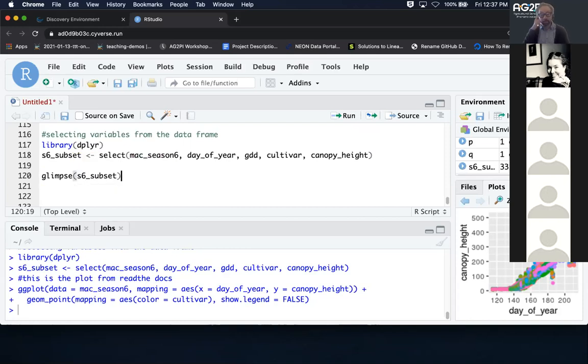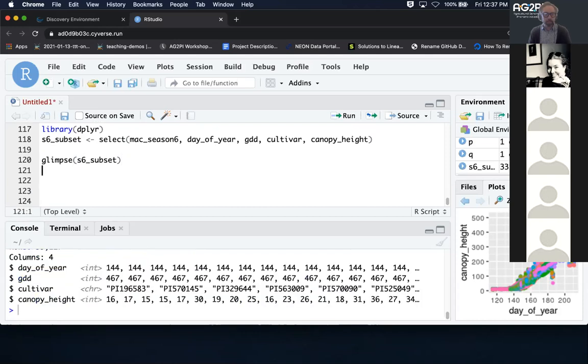Now let's see if we've gotten our subset narrow enough so that we can visualize what we saw when we were walking through the field. So now we see we have less data. There are fewer columns. We have day of year, growing degree days, cumulative growing degree days, the cultivar names, and the canopy heights